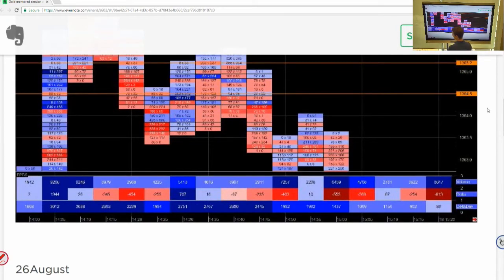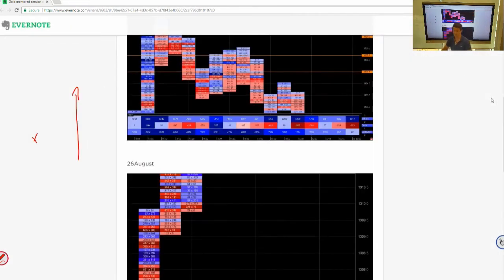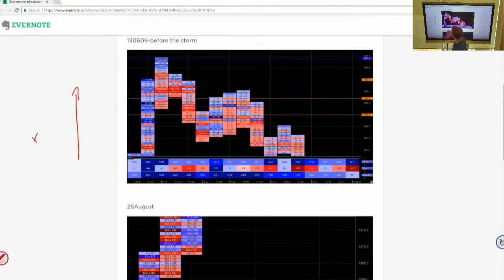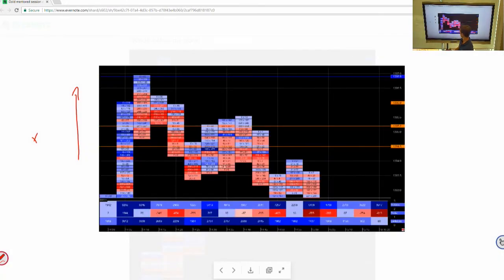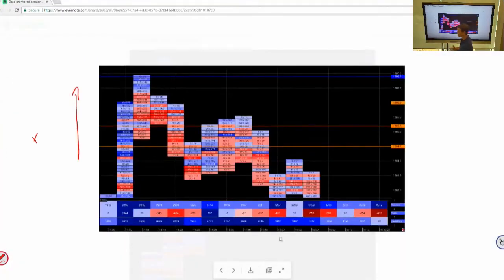Okay, so the basic crux of it. Every one of these is a rotation. Don't worry about the numbers for now, right? So every one of these little straight line up, straight line downs is a rotation. Now you can set those rotations. You can make it time-based, you can make it rotation-based, right? The important thing to understand is that within each one of these rotations, there's information being summarized. Now, we look at that information as it's occurring and we develop various strategies. Okay, so just the basic understanding. Don't worry if a little bit of this goes over your head and you don't understand at all. That's not the purpose, right? It's to give you a little introduction.